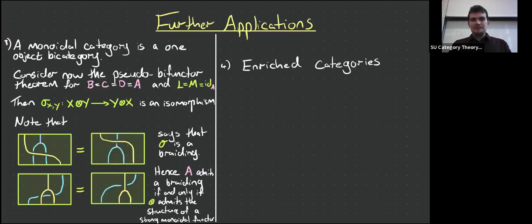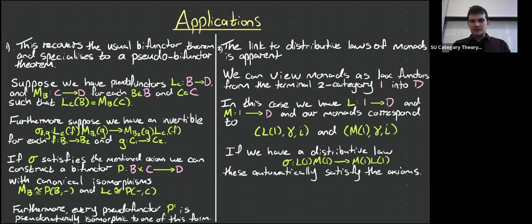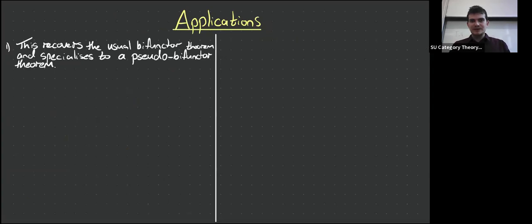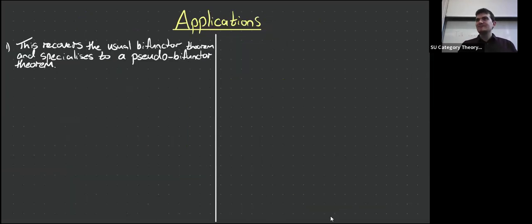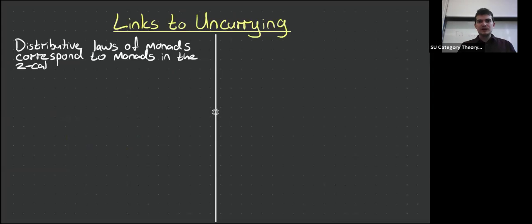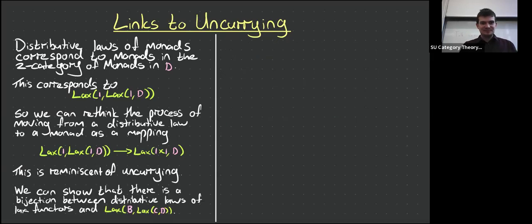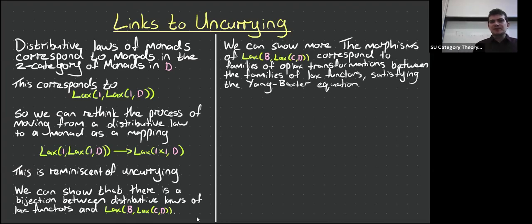So if we go back here, even further back, anything that satisfies this will be a distributive law. Okay. So we've got the set of all distributive laws, and the data contained in them is precisely equal to the data that we get from lax B, lax C. What's more is we can find a good notion of a morphism of distributive laws by using how we unraveled the information over here,